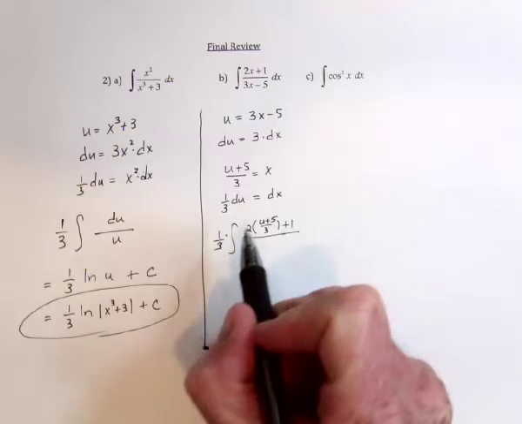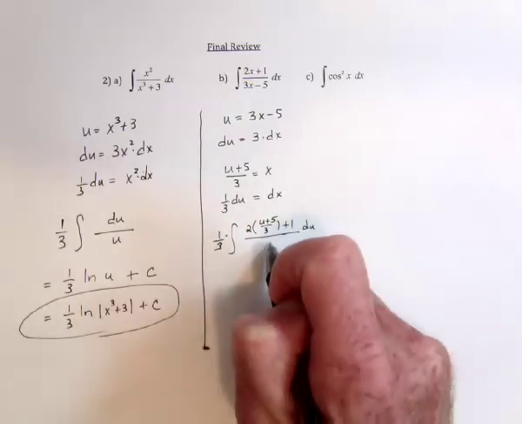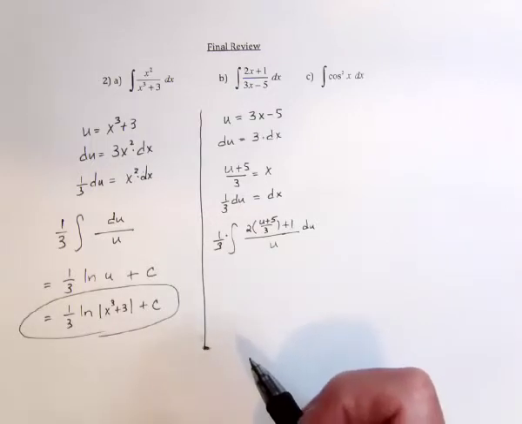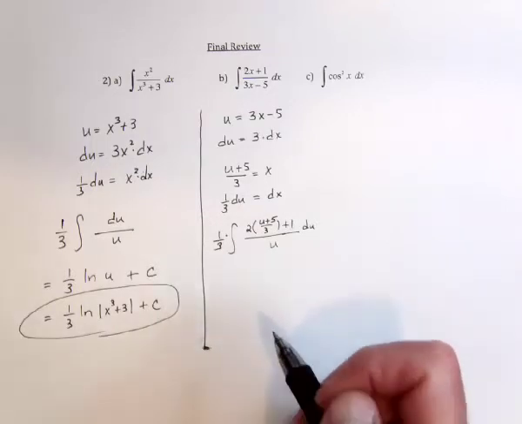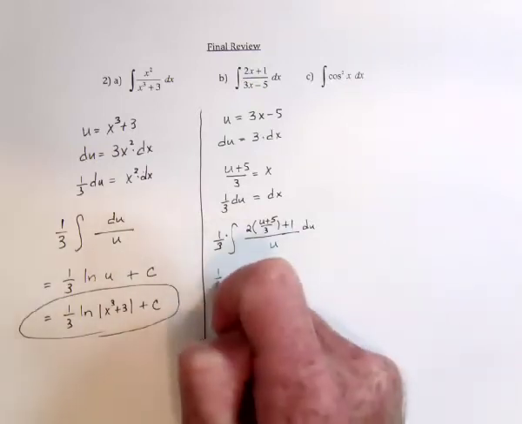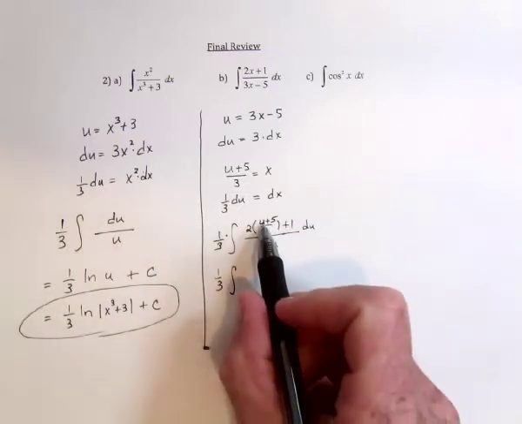The dx gets replaced with 1/3 du, and the denominator is a u. And now I think that if we just do some algebra, this will turn out to be a reasonable antiderivative. Let's see. So this would be 2/3 u,